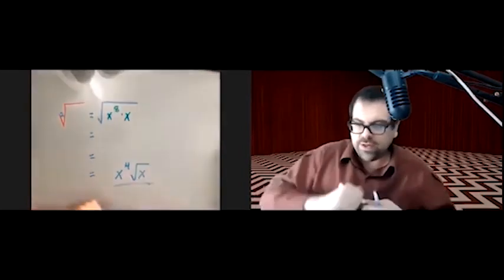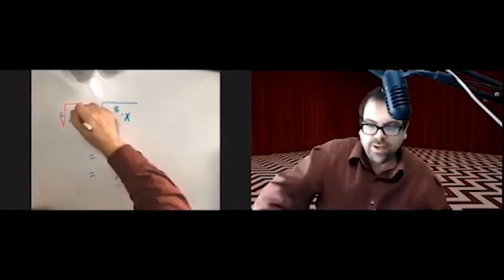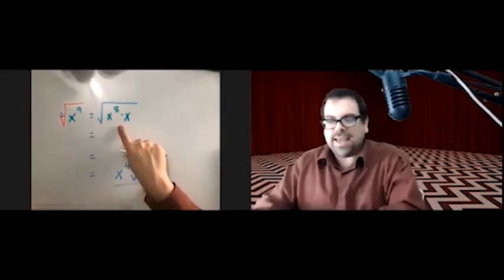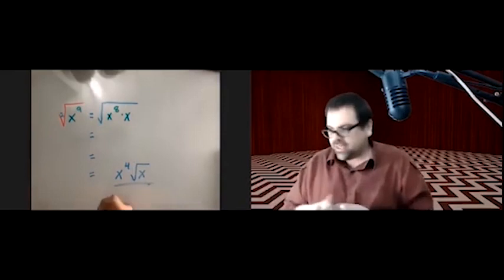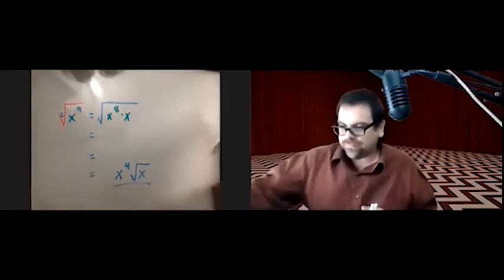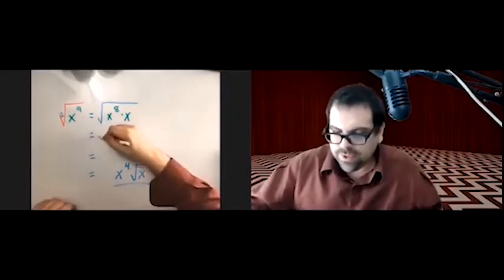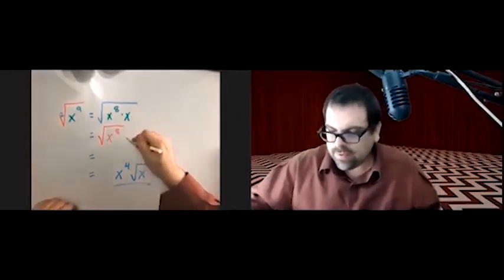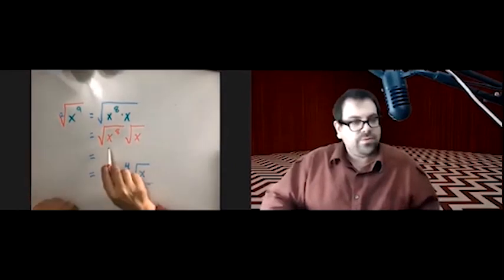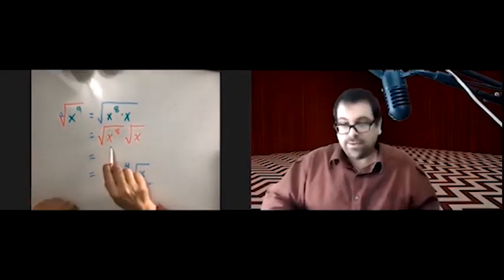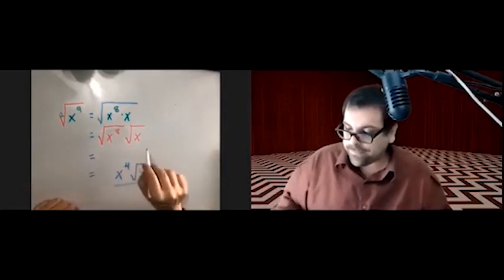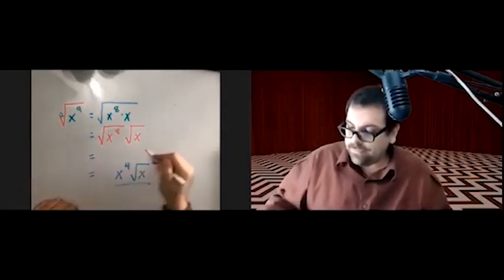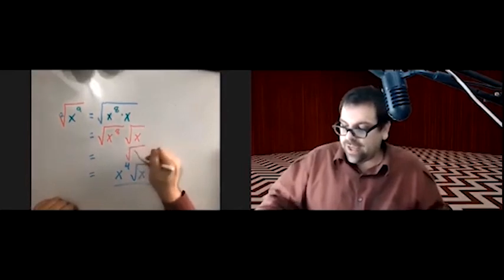So let me change the color here so you can see that more clearly. X to the 9th is x to the 8th times x. Why did I want the highest multiple of 2? Well, that's what's going to make the next step work. We split this. We'd have radical x to the 8th times radical x. We can't do anything with the radical x,